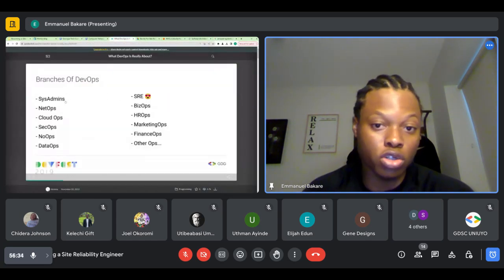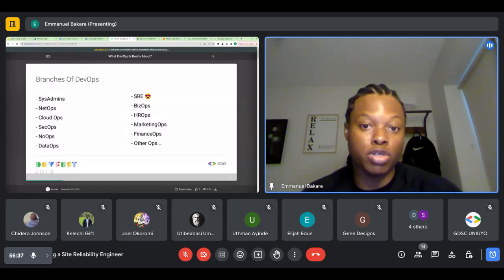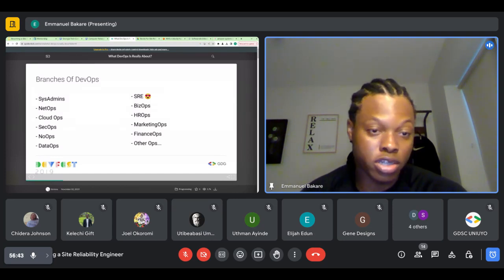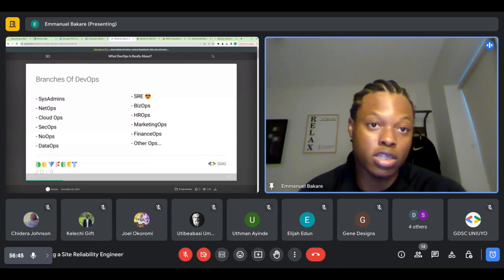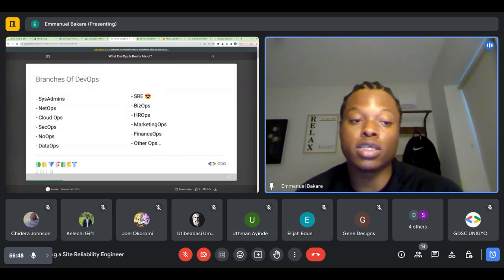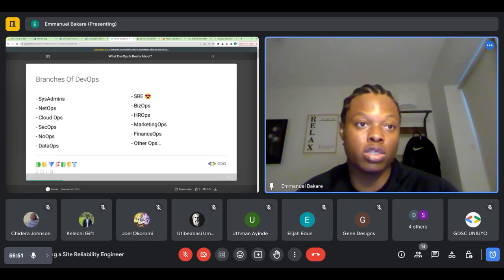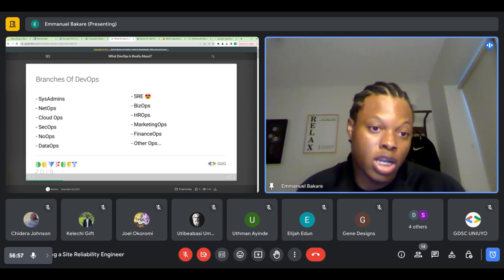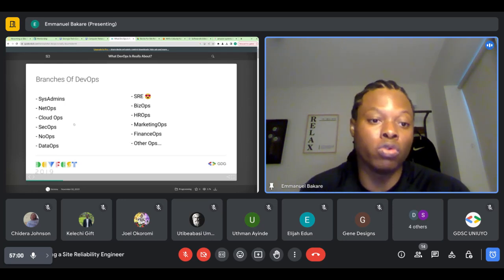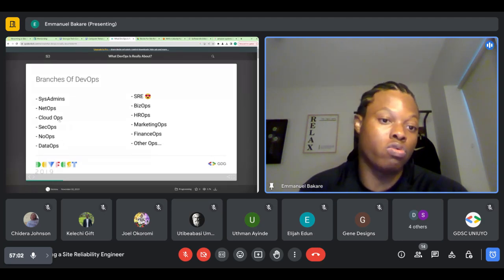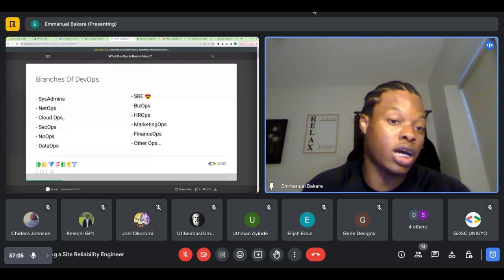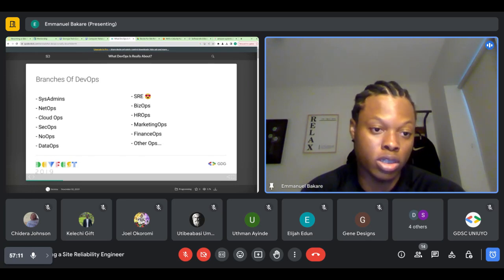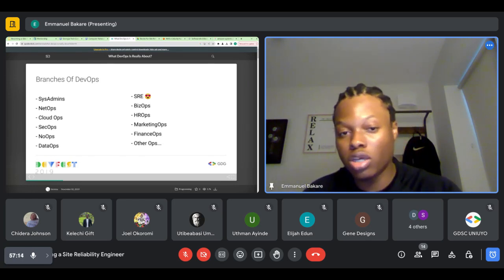That's on the branches of DevOps, which also outlines the various systems under it. You see SREs here. The sysadmins, that's the typical ones that administer servers in data centers. Network ops, that's the networking engineer guys. Cloud ops, the guys that do AWS, GCP, or wherever you want to run it. The question someone asked about the solutions architect: generally, if you wanted to run on the cloud, the solutions architect is actually doing work on that cloud ops side. So he would be thinking of how to run your systems on the cloud, etc. And security operations engineers, usually this is a mix of cybersecurity and DevOps culture.